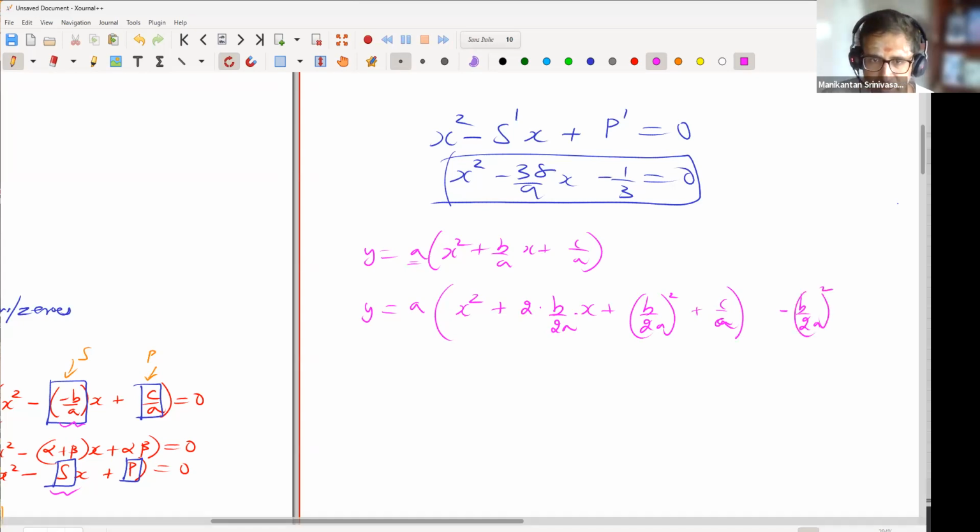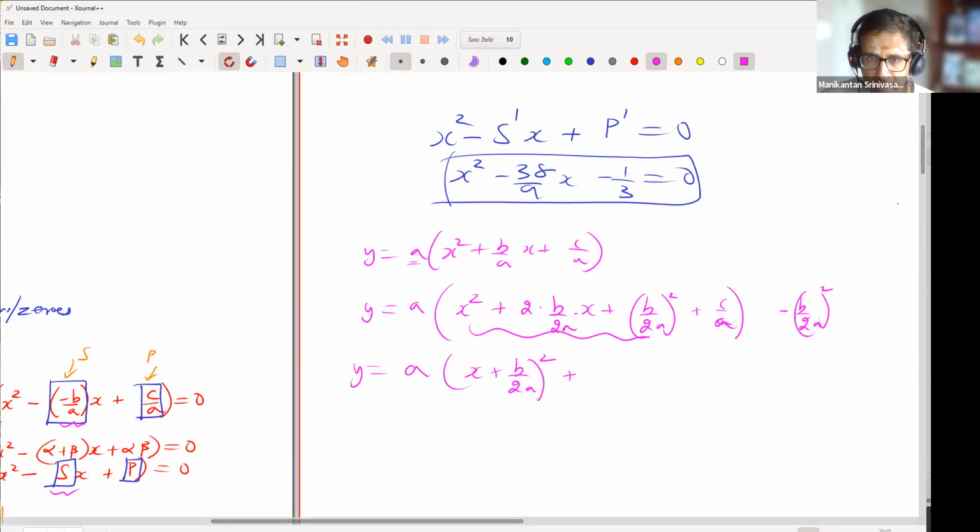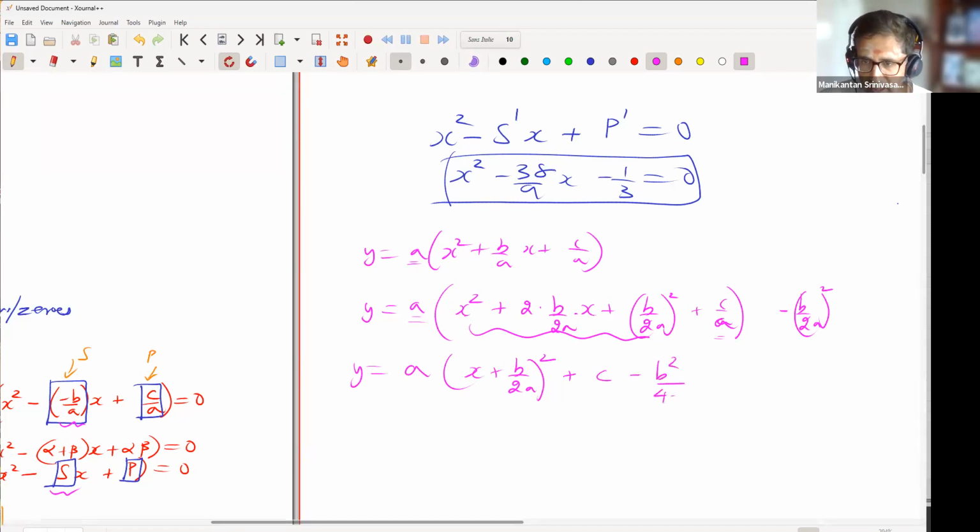Okay, so if I do this, then this becomes y equal to a times this entire unit, x plus b by 2a the whole square. Okay, and then I have a times c by a, which is just c, and then minus b square by 4a square. Okay, so I can write it as a times x